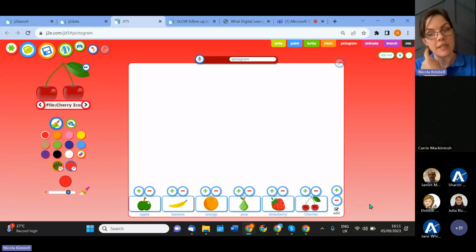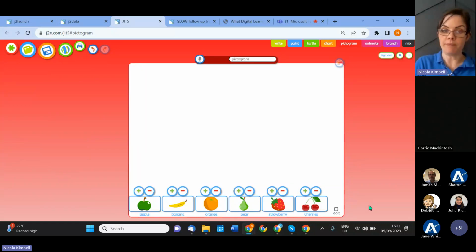I've changed my template. So now I can take that editing off if I want to, and that just removes all of that bump on the left-hand side. So if I wanted my students to be able to use this, I can either have this as a whole class activity, so I could have them coming up to the board and just clicking what their favourite fruit is